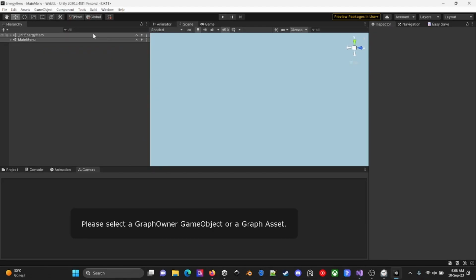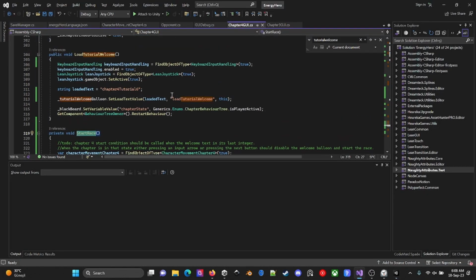In my chapter 4 GUI, I have these load tutorial welcome methods, with the input enable section in here, and this provides me a good starting point.